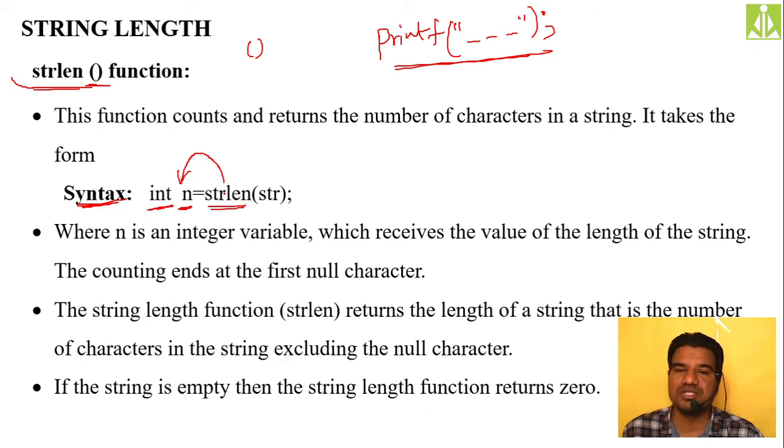Here we are supplying the string as the input, and whatever we get is the output. How many characters we have in this str, that count you will get inside this n. So n will be the output and str will be the input.